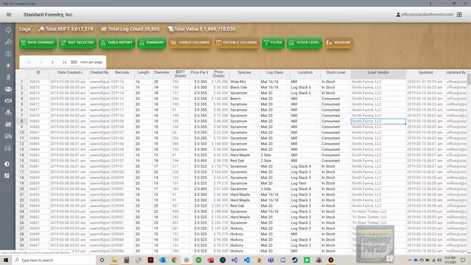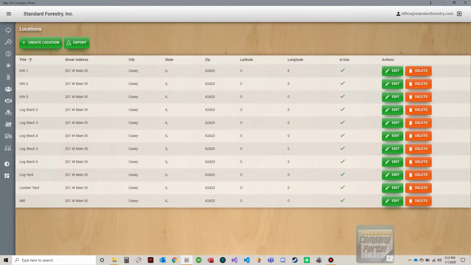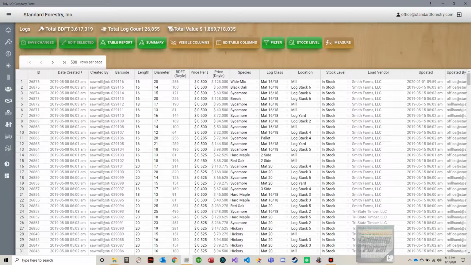Alright, so next we're going to talk about row multi-edit, control click, shift click, etc. So as you notice, we don't want to save this, so the easiest way is just click on a different table, and then you'll get this pop-up asking you, do you want to save it? Just click OK if you don't want to save it, and then hop right back in. So you can see here, if you click a row number on the left, it's going to highlight that whole log and all its attributes,